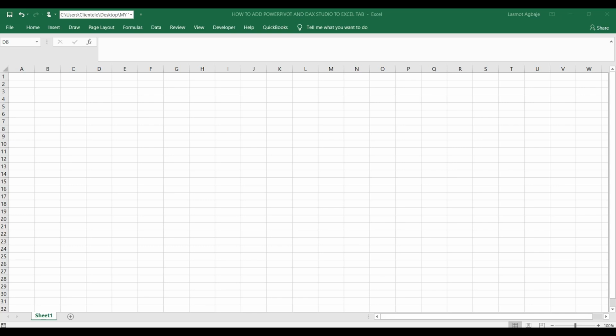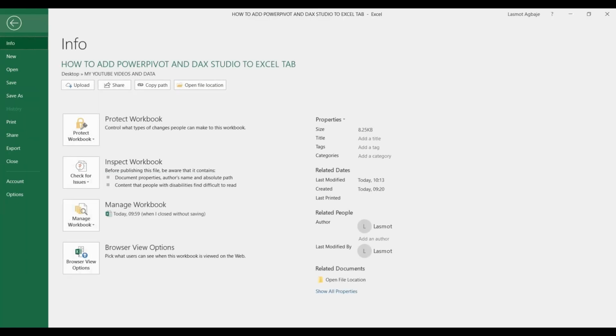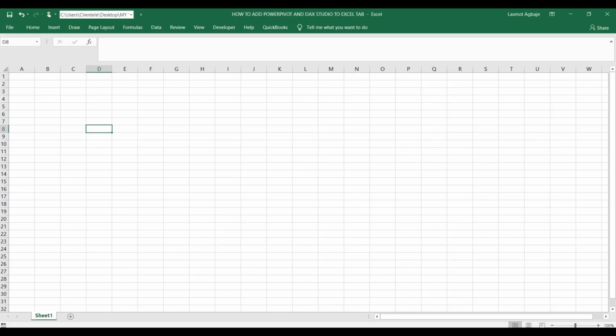Today I'll be taking over how to activate Power Pivot and DAX Studio in our Excel tab. Firstly, you need to open a new workbook, which I've done. Click on File, click on Options,